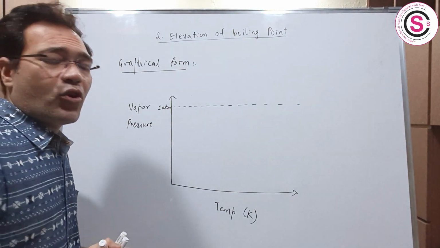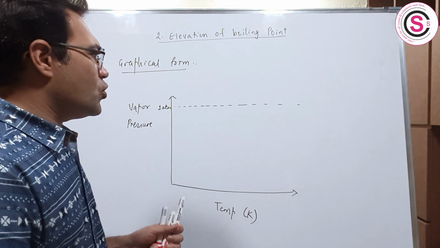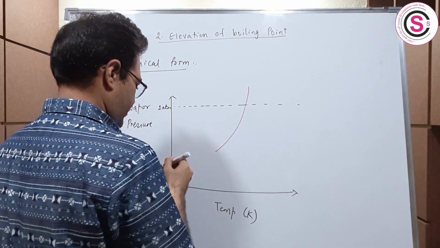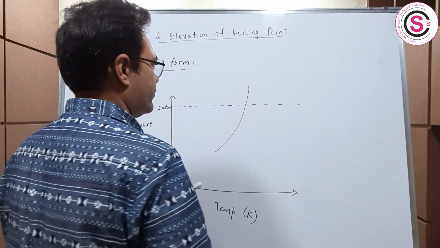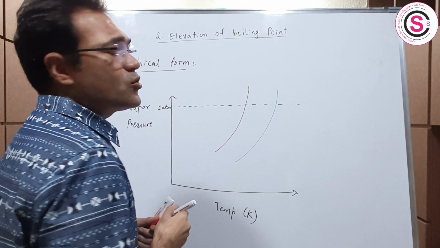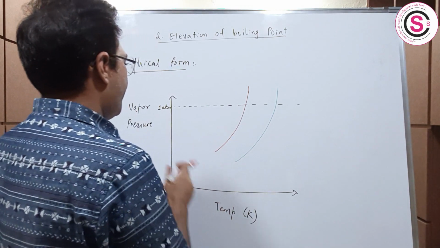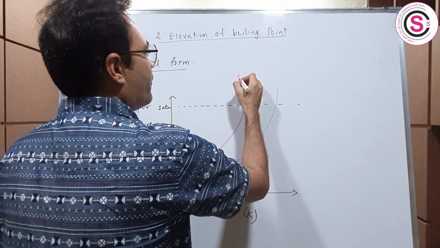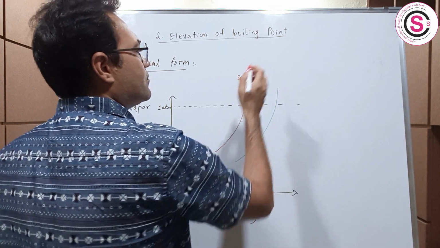And suppose I draw the graph. So students, if I plot the graph of vapor pressure versus temperature, then this will be the graph of my solvent